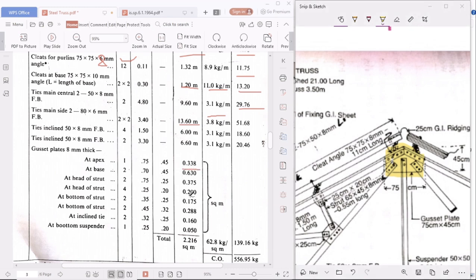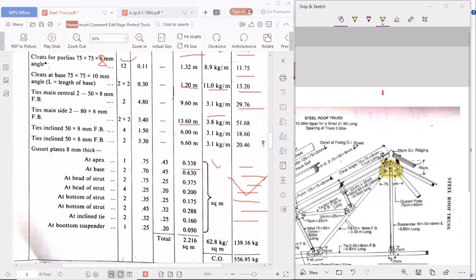So at once they will take the weight per unit and multiply, to make it easy, or you can do weight per unit, total. So it will be a lengthy process. Okay, this is also right. We can do it like this also, or we can directly take 62.8 as the weight per unit for all the gusset plates, and we have to multiply. So at the apex is over.